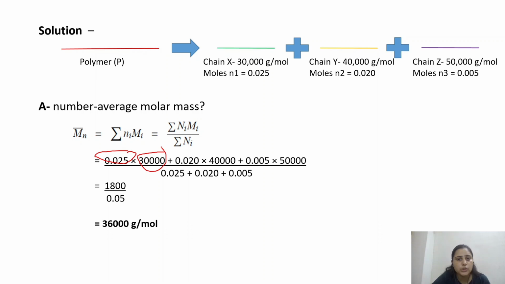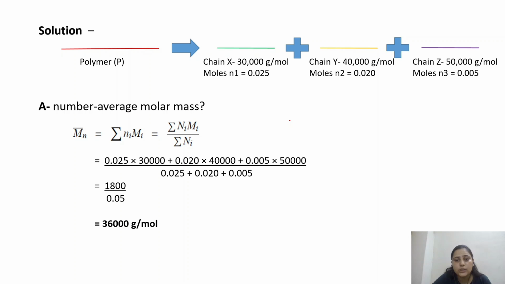So second is the 0.02, which is the moles of the chain Y, multiplied by its molecular weight, which is 40,000, and then the summation of the Z element, which is 0.05 moles, multiplied by its molecular weight, which is 50,000, divided by the total number of moles, which is 0.025,